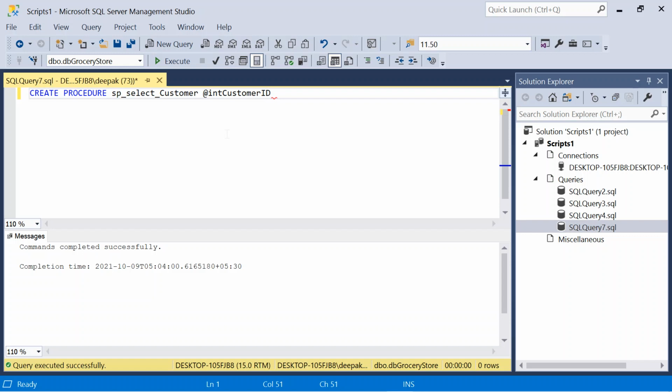I will be passing a customer ID to this store procedure. So if customer ID is available, then data retrieval would be based on the customer ID. Otherwise, all row from the table would be retrieved. If customer ID greater than 0 means customer ID is passed.